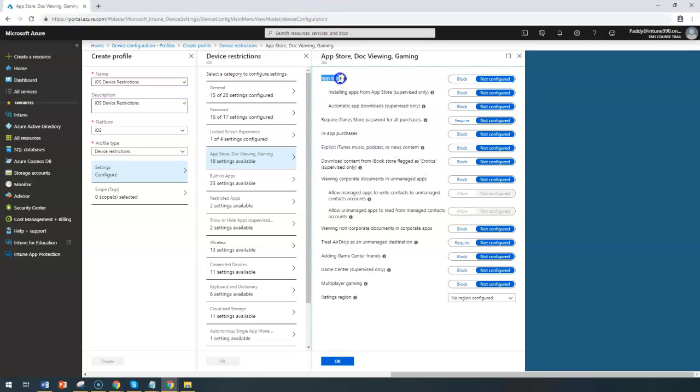In fact, if you look at the App Store and you want to block it, that would block even installing applications from the App Store, including automatic app downloads. If you don't configure this but just want to block installing applications, you can do that so users can't go to the App Store and install any applications. That way you're securing the device and not onboarding any applications which are maybe personal, or not relevant to your organization standards or applications,